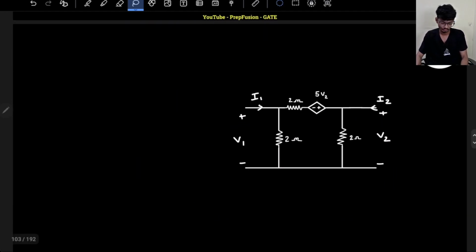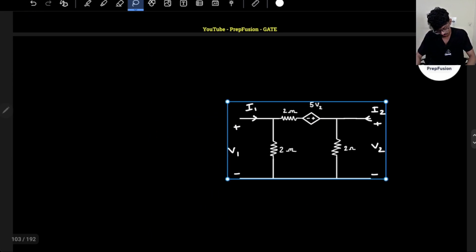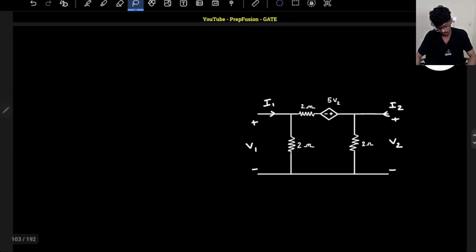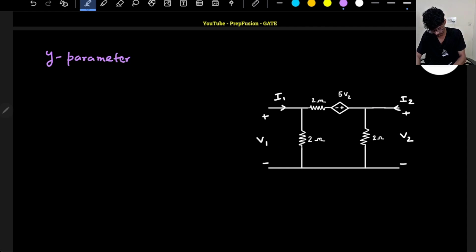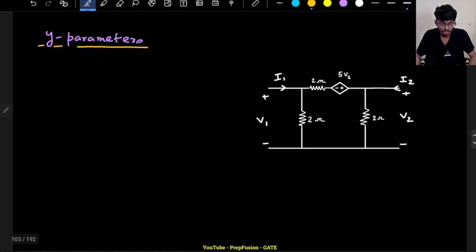This is method 1. In method 1, what we will do is we will use the Y parameters. This will be the input KCL and this will be the output KCL. So in the input KCL, I have an incoming current of I1 plus